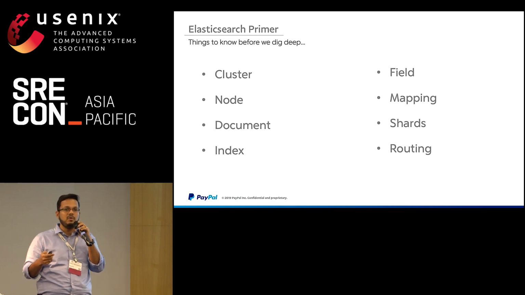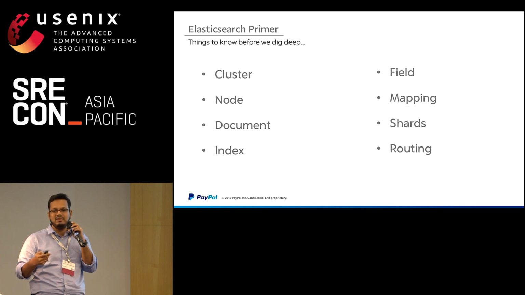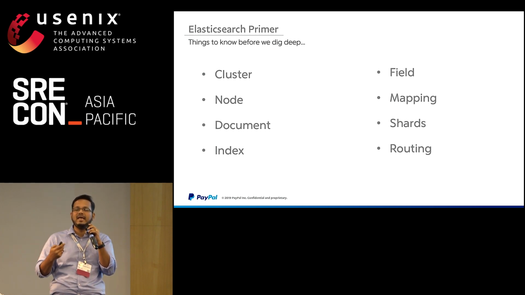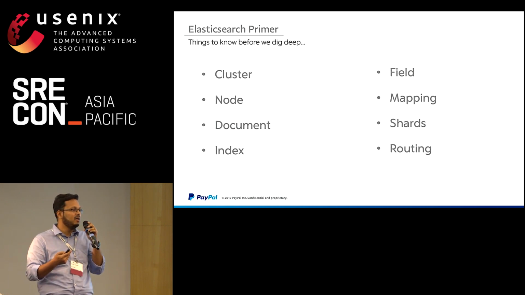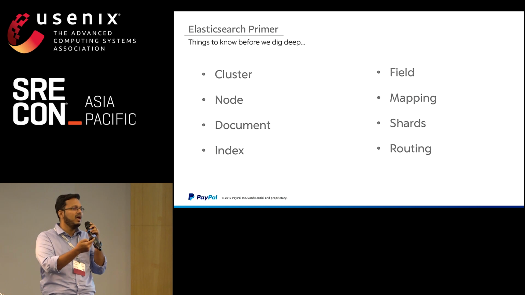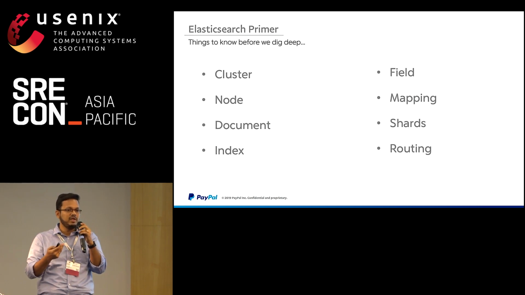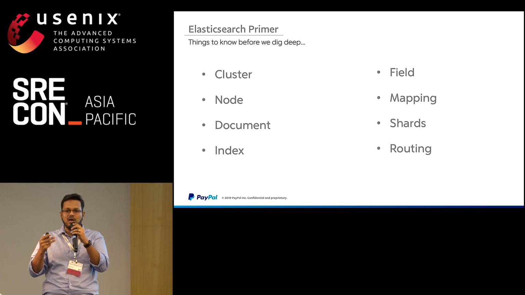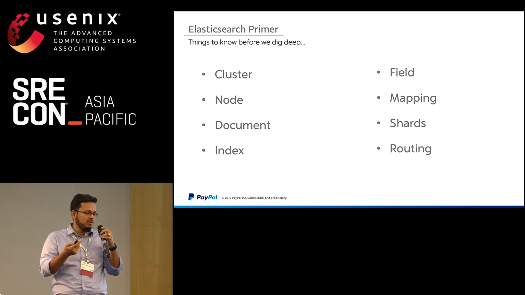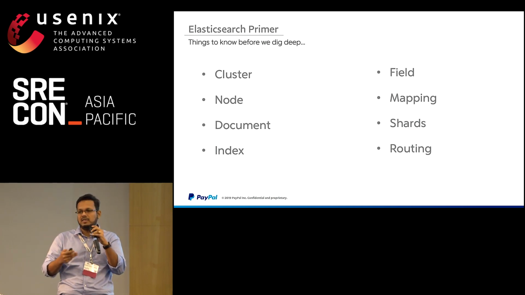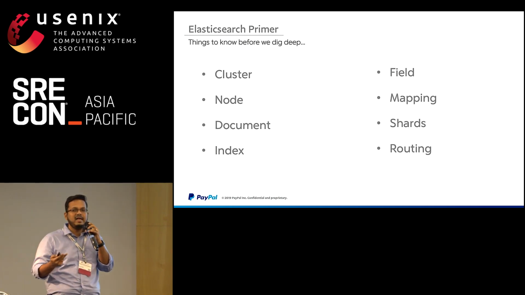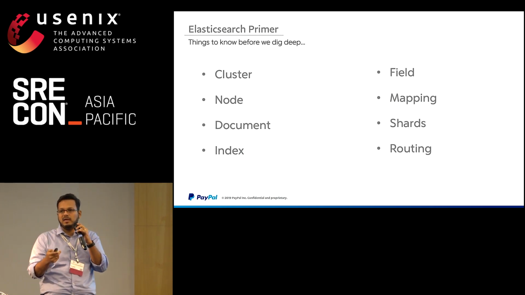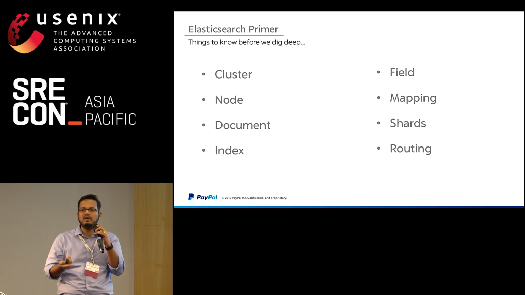There is also another way to route, which is by explicitly telling it. Say, for example, instead of letting Elastic determine its own routing based on an ID, you can actually tell it to route based on some construct that you have in your application. So for example, I want to make sure all my shards are split by account numbers. You could do that. You could tell Elasticsearch, hey, hash by account number. The benefit of that is if you want to search for a particular account number, it always goes to a single shard, right? So you don't have to work across the board. So that works really faster.